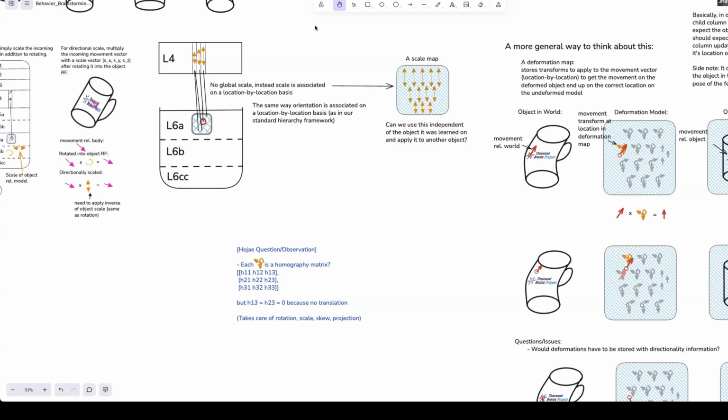I think that's what we're talking about. Was that what we were just talking about? Okay. Yeah, and then I guess the question underneath that is, we discussed this mechanism already, learning things on a location by location basis for a specific child parent object relationship, but scale is pretty general. I agree. So to me, generally,